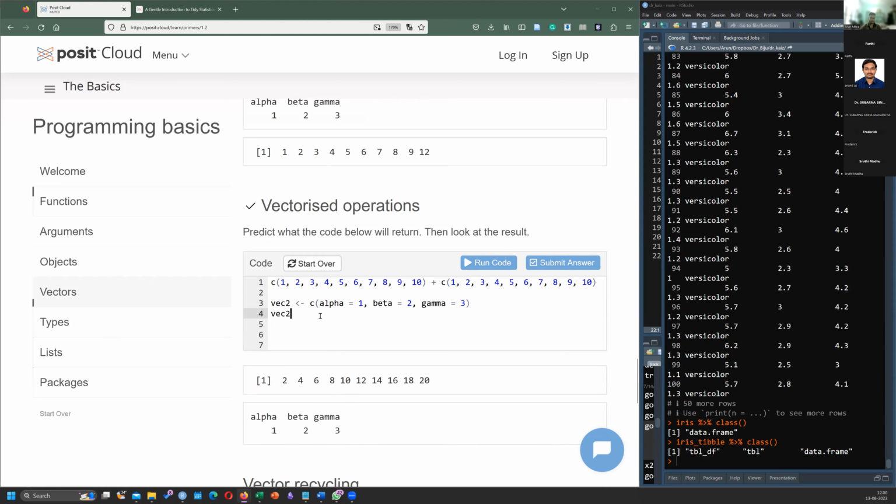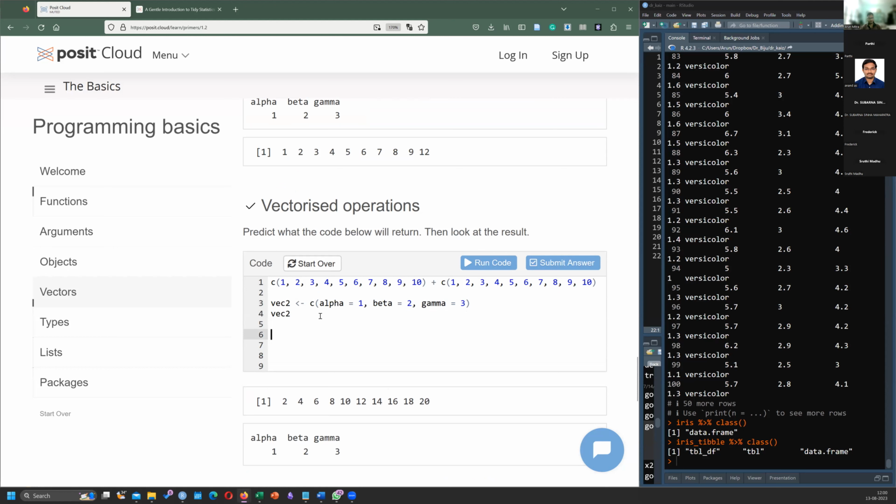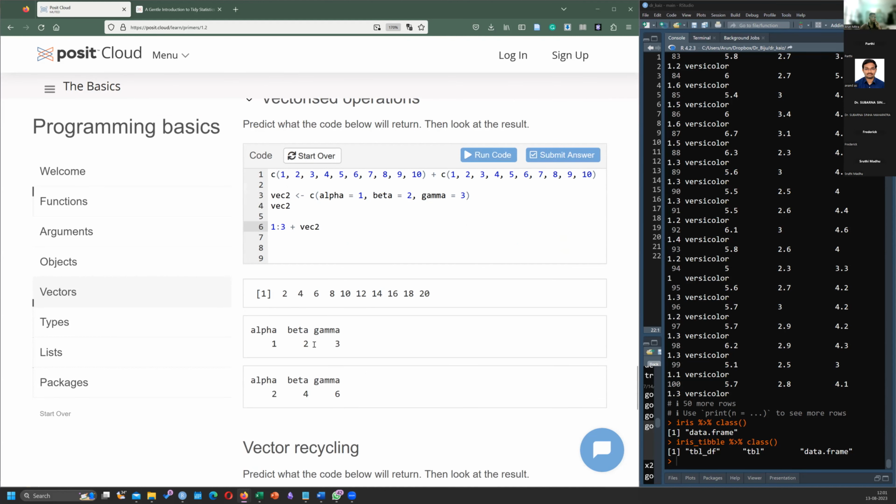Now I can say add 1, 2, 3, or I can just say this now 1, 2, 3, 1. See, you see now?